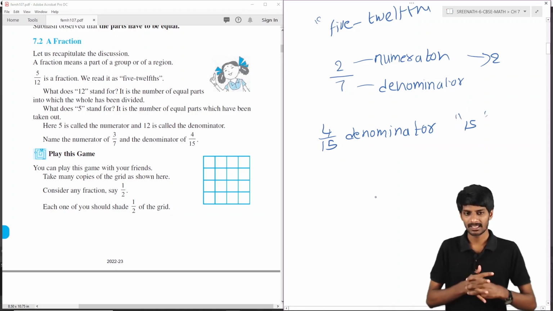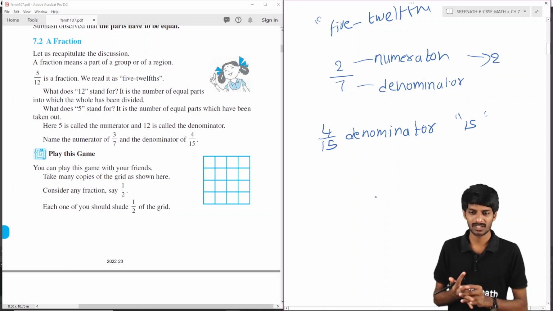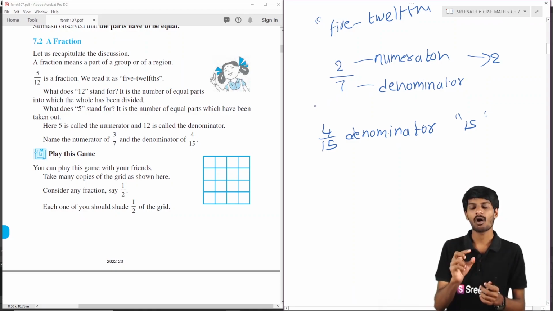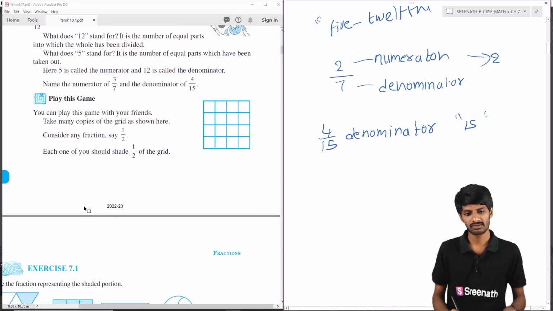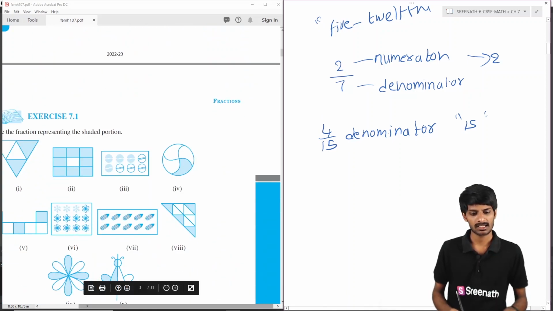So finally, I think you have understood what is meant by a fraction. A fraction consists of a numerator and a denominator, and a fraction represents a part of a whole group or whole region, students. Each part must be equal. That is the condition. Here is the game. You can, if you wish, play it, students. There are example problems